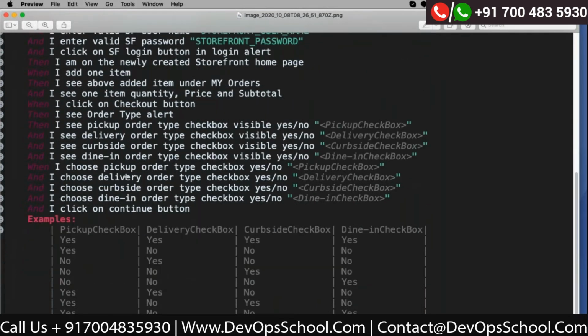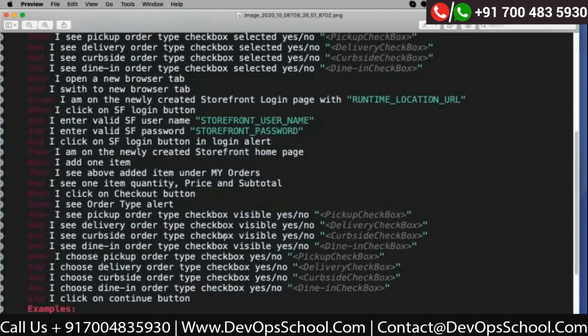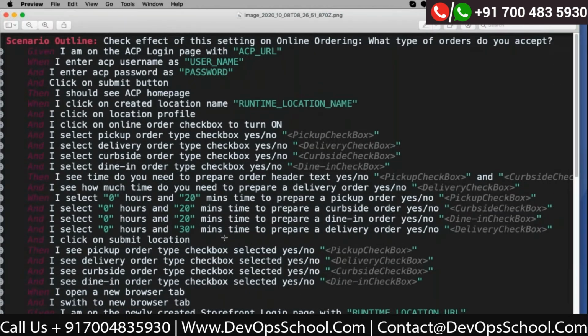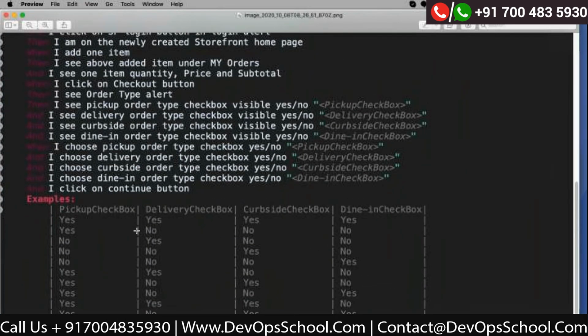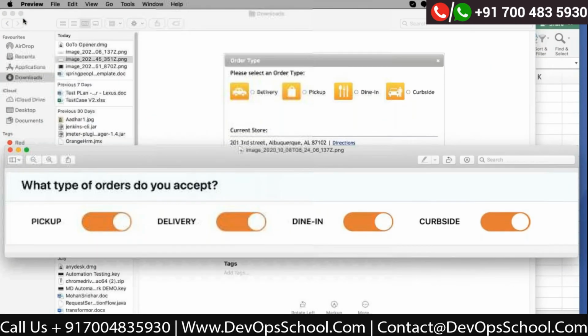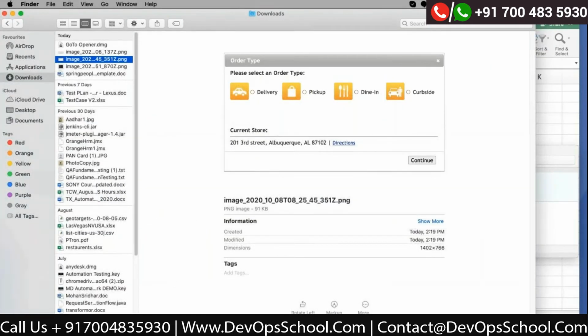Like that, I have used the same test steps for all these 11 combinations. So that is how I did it. I used a decision table in my automation.